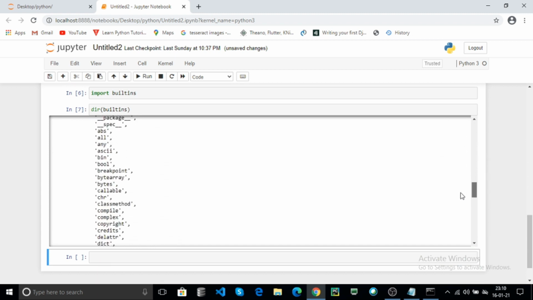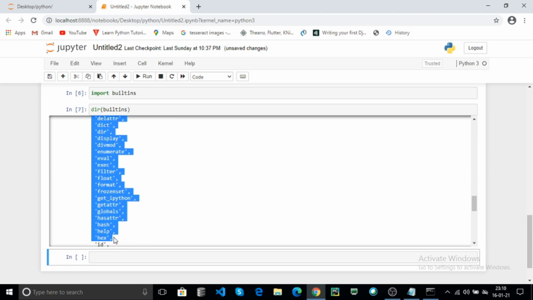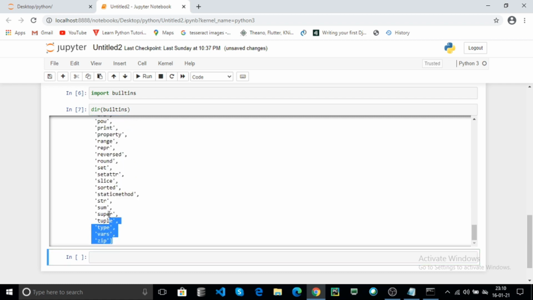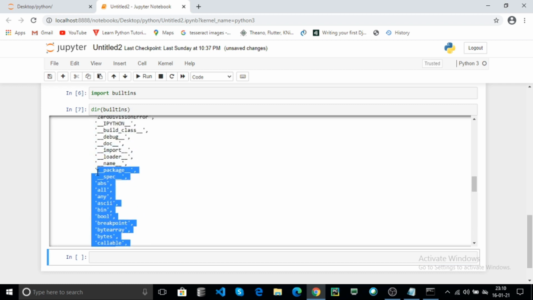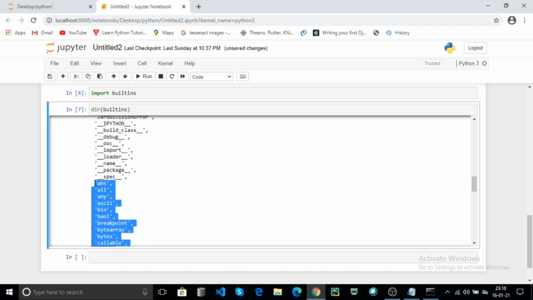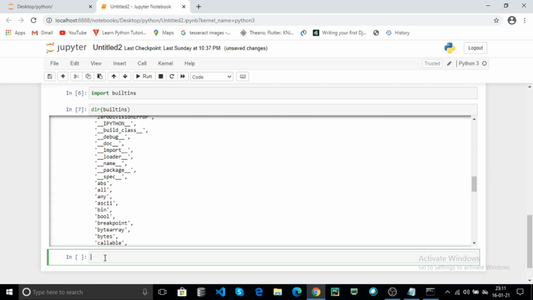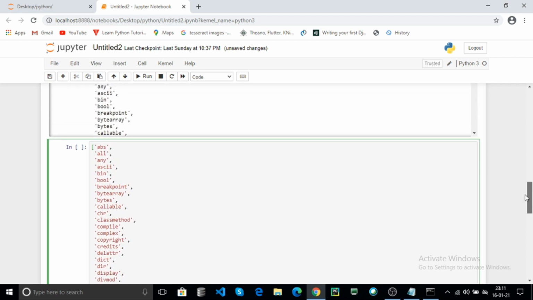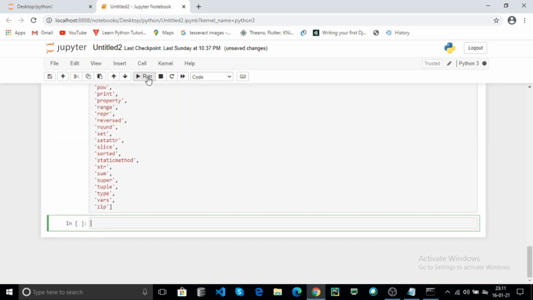These are the built-in functions in Python. Now we can see them one by one.